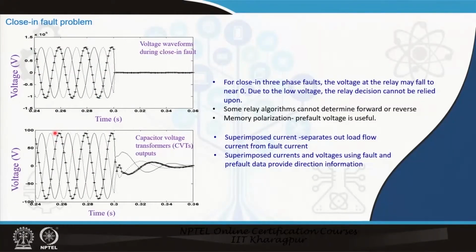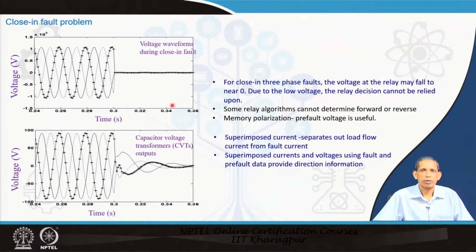Going further, let us first appreciate an issue. Suppose in a system, as we have already explained, a fault happens to be very close to the relay bus. In that case, all the voltages VA, VB, VC will collapse if the fault happens to be a 3 phase fault. Once again, if the fault is close to the relay bus and is of the 3 phase type, then all the voltages will collapse simultaneously.